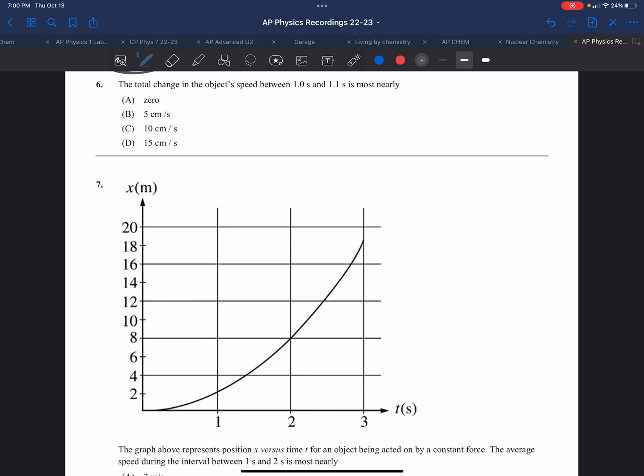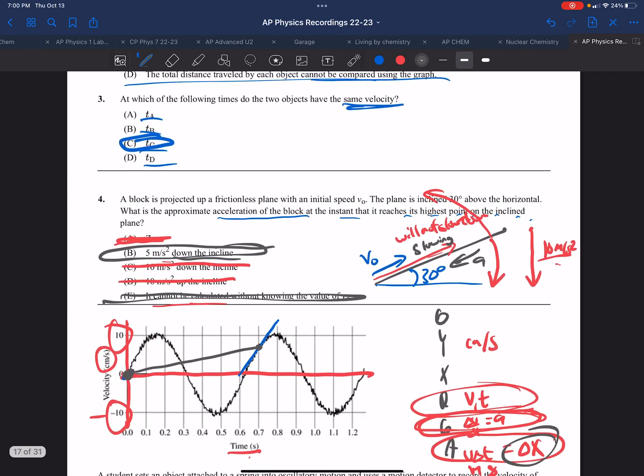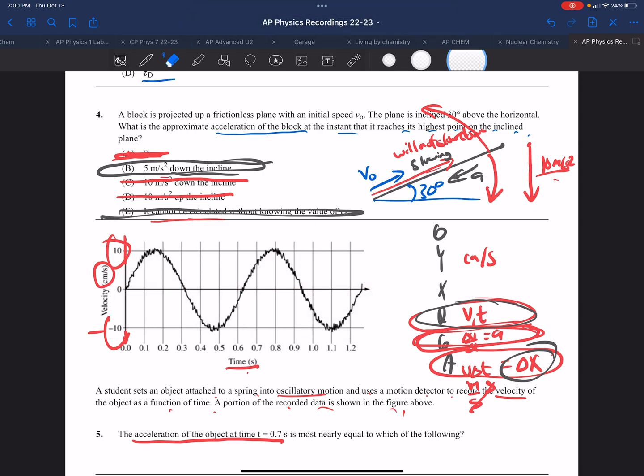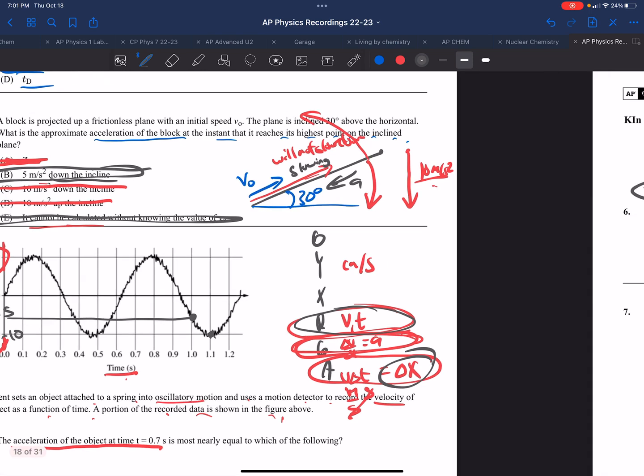All right, so the total change in the speed between 1.0 and 1.1. The change in speed, we are going to read off the graph. Between 1.0 and 1.1 seconds, the velocity looks like it's about -5, and then it's going to be 10. So the velocity is going to change by -5, or the speed will change by 5